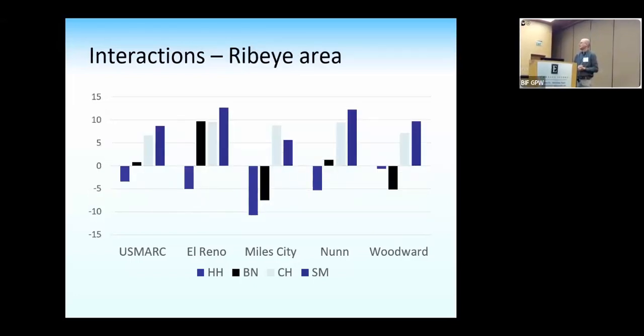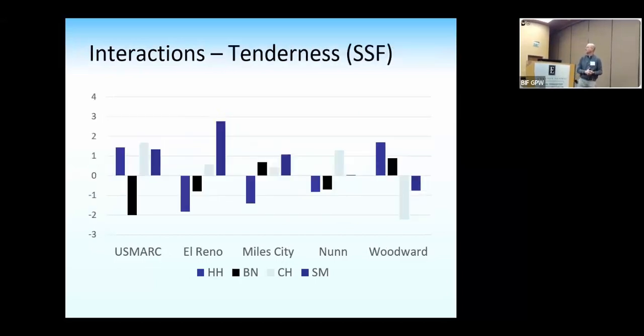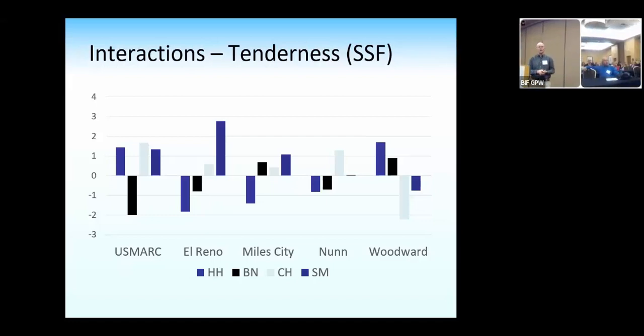Ribeye area, these are more within error than some of the other ones, so I don't want to go deep on this. But there are a few places where Simmental seems to flip a little bit between these, as well as Hereford. But I don't think that one's within error very well. Yield grade matches the fat pretty closely, and tenderness, which is something we don't measure in our system, does seem to be affected a little bit by the environment somewhat, and we do have some places where we have some re-ranking as well. So, like I said, I don't want to go deep into these.